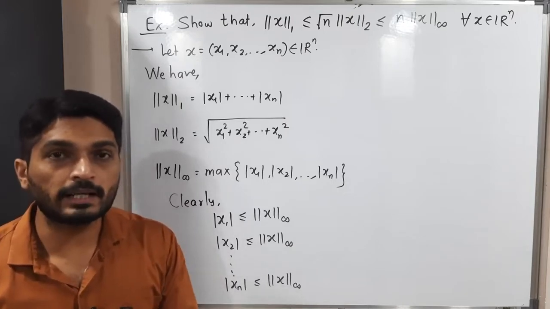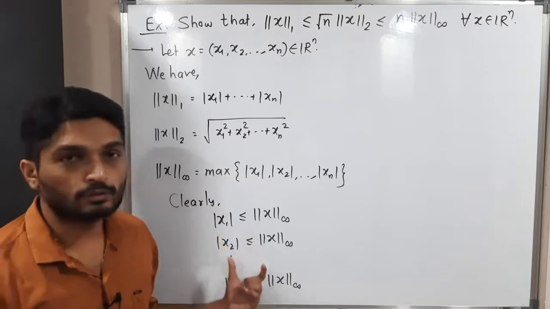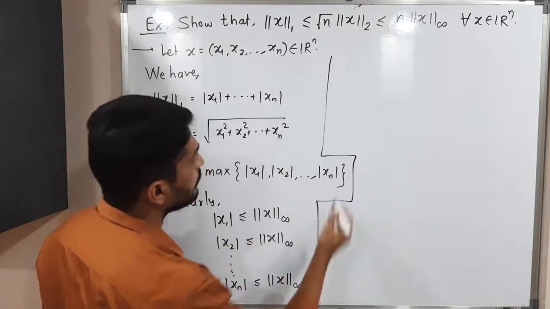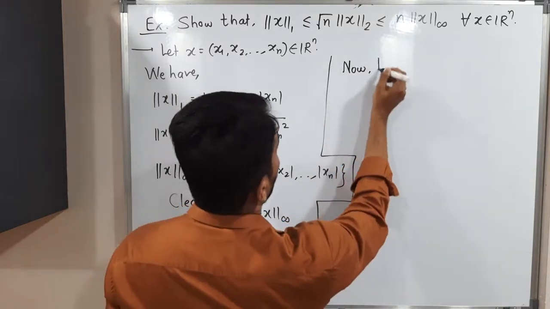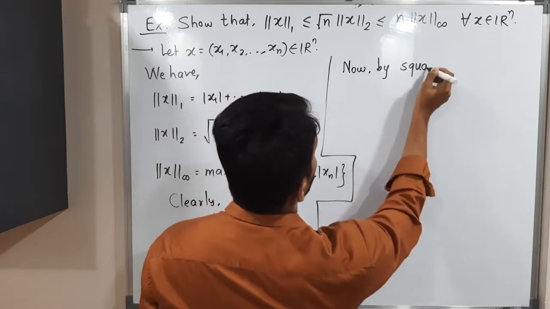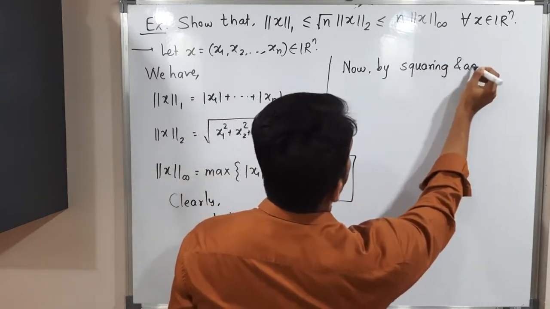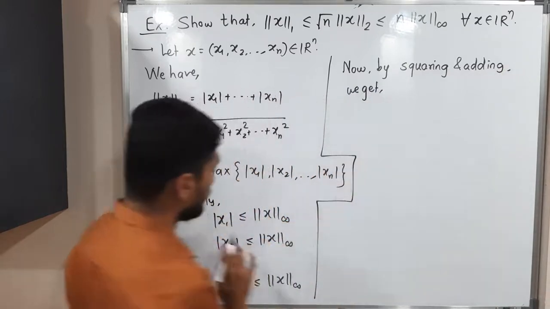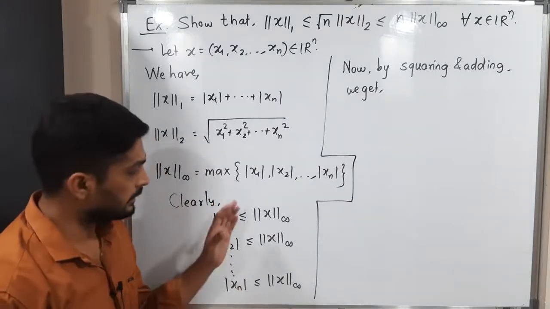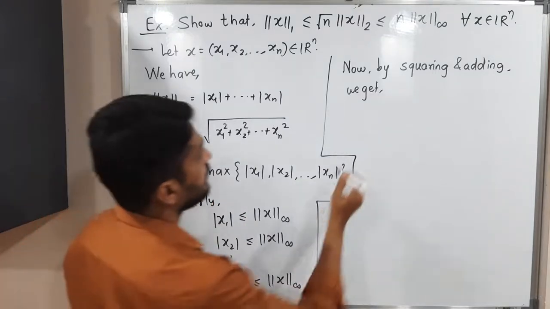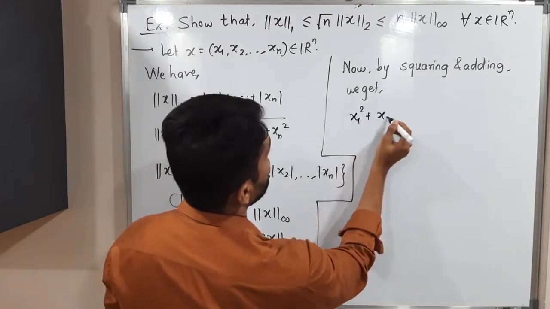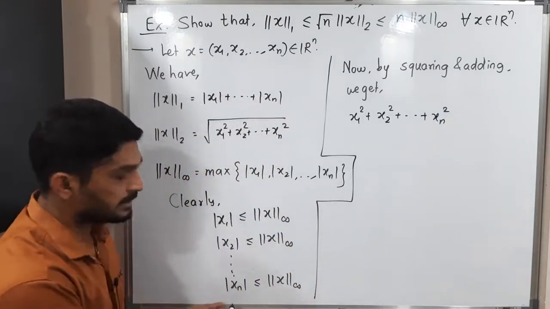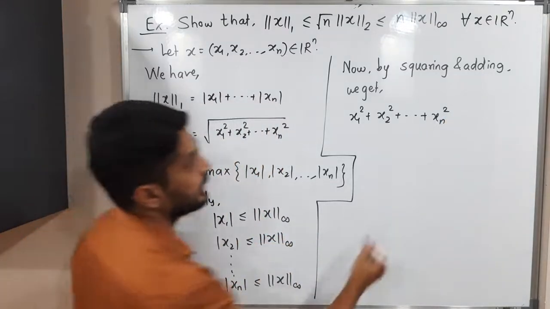After that, what will I do? I will take squares of both sides of all inequalities, and we will add. By squaring and adding, let us see what we get. All numbers are non-negative, so the inequalities will be maintained. If you take the squares x1 square plus x2 square plus and so on xn square, and add, our left hand side will be this one, less than or equal to